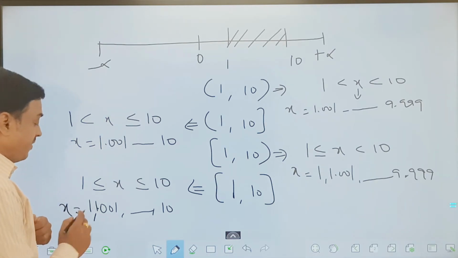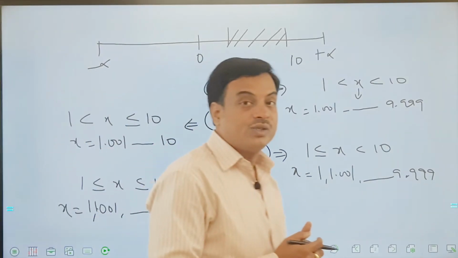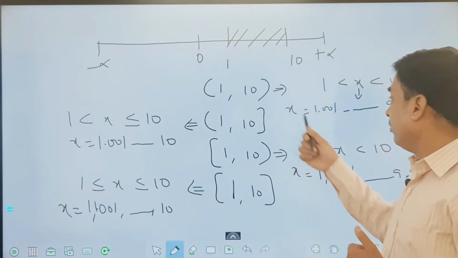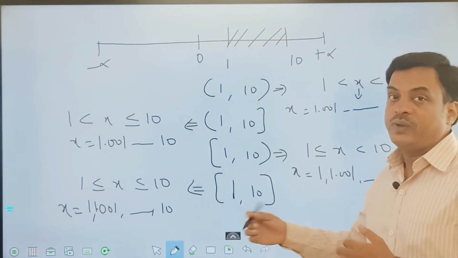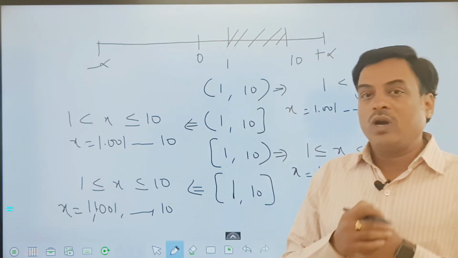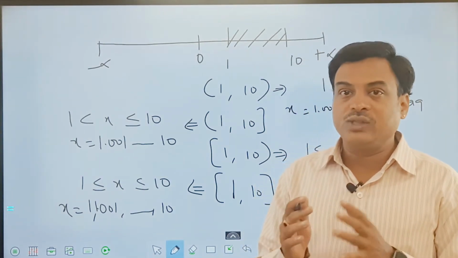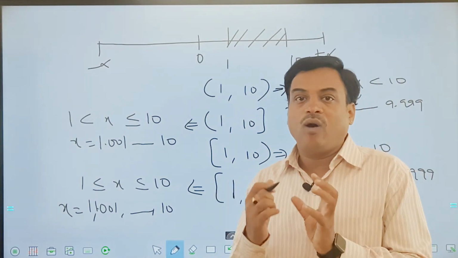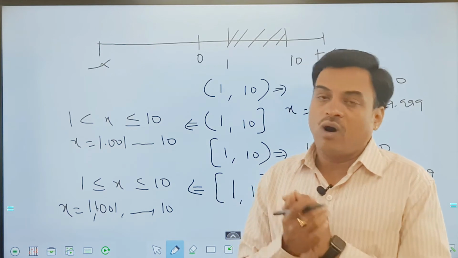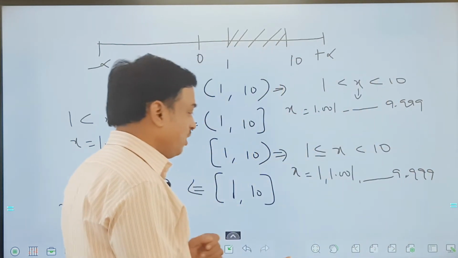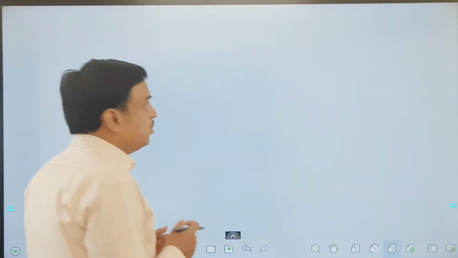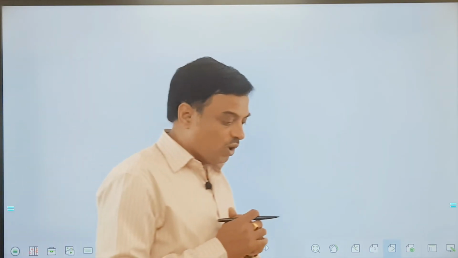So what are all the valid values and how to consider them, we can use the bracket method here. This method we can always use to understand what is included and what is not included. So this is one type of expressing the interval values of a particular variable. Okay, all of you? So now let us continue. One type of discussion is always important.